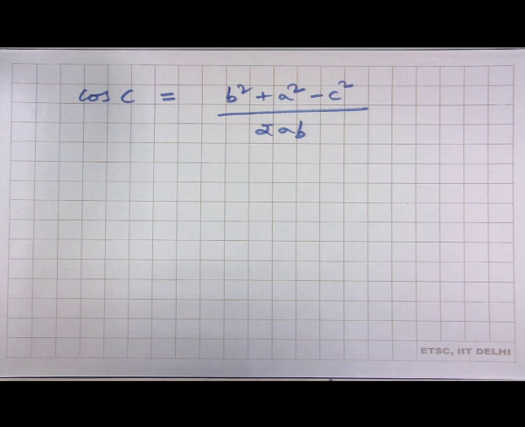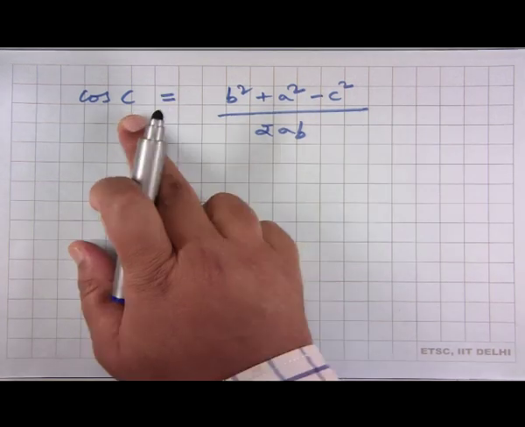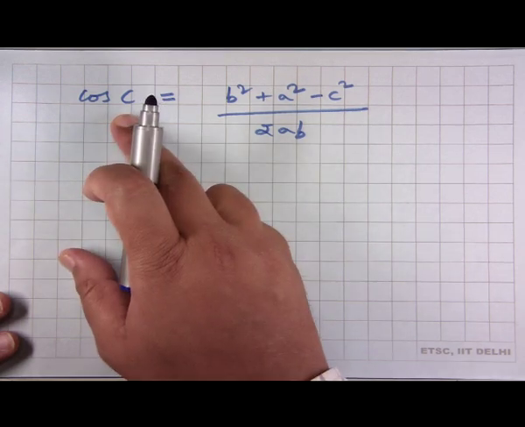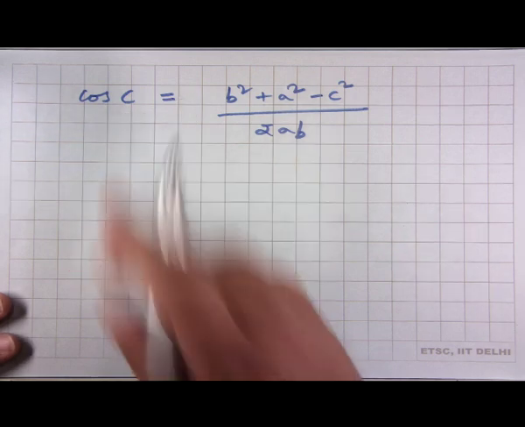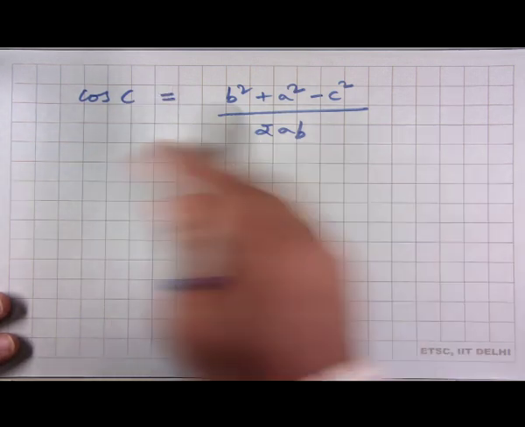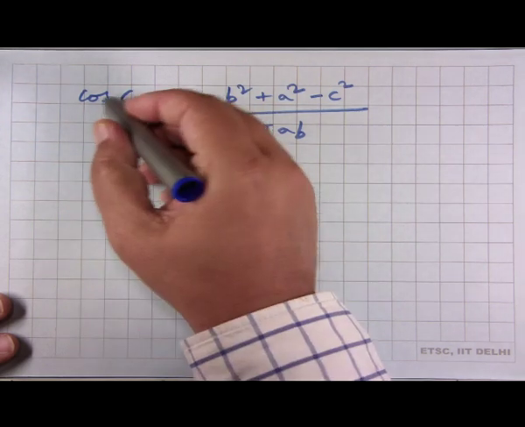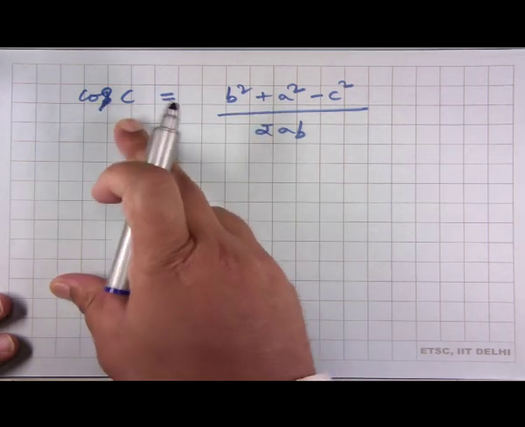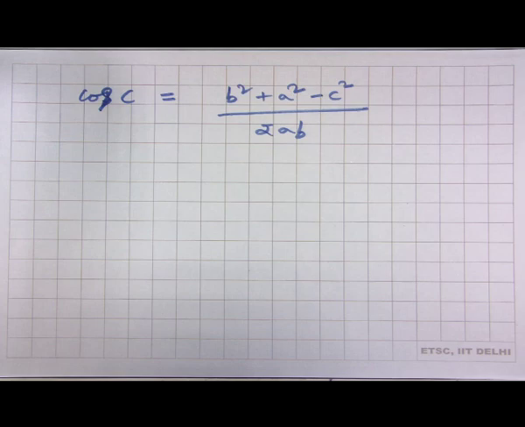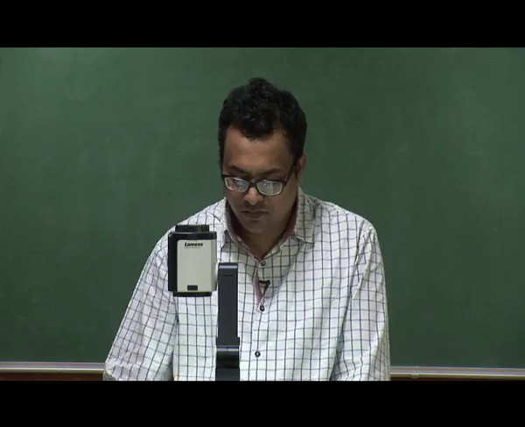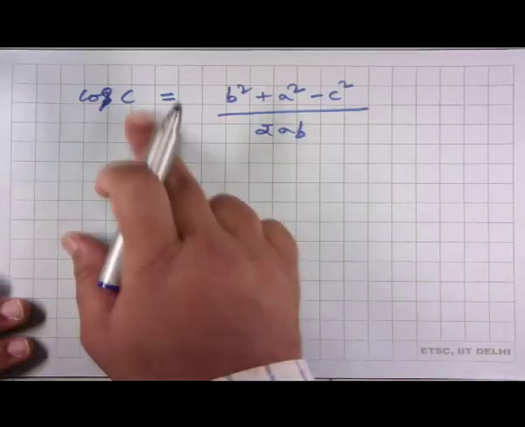Now, we know that the angle C will always lie between 0 and 180 degrees. It has to lie between 0 and 180 degrees, and we know that because, if you remember, the range of the cos inverse function is from 0 to 180 degrees, or 0 to pi, and therefore if cos C is equal to this